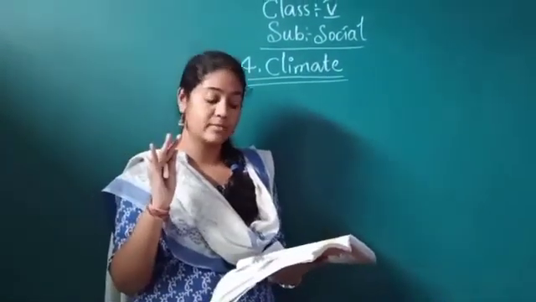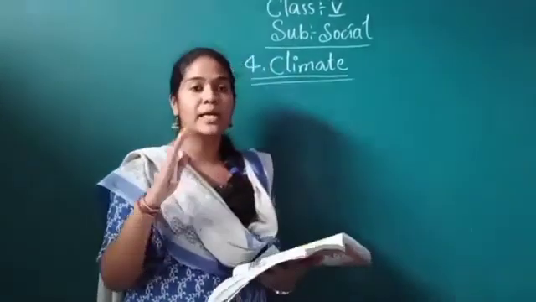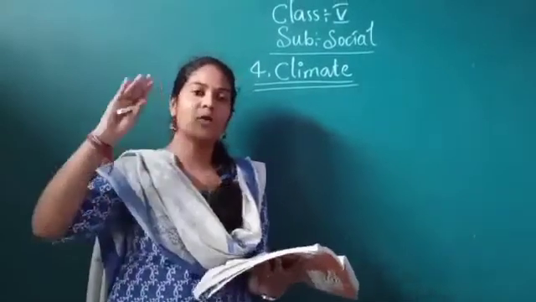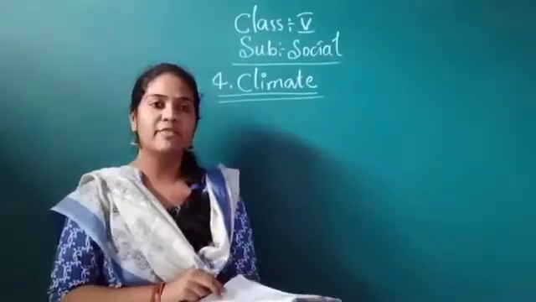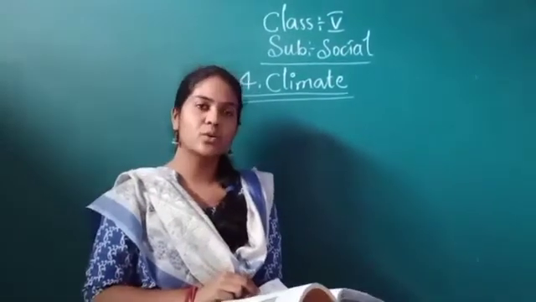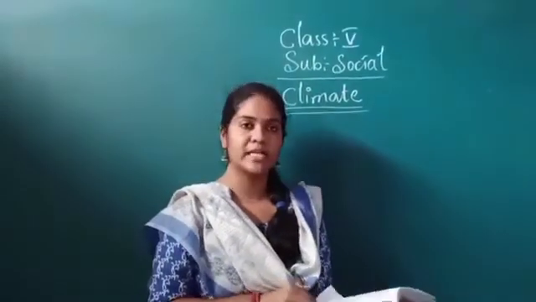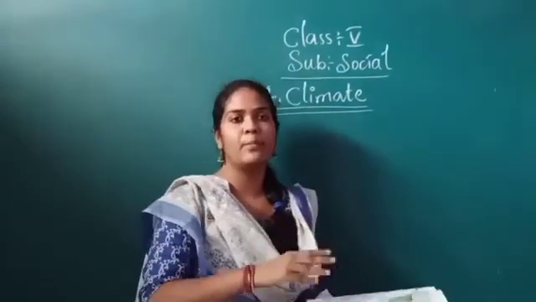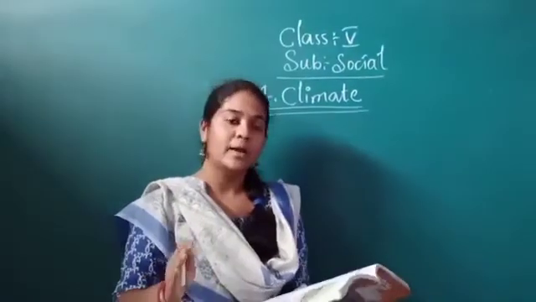We have how many temperate zones? Three zones we have. Depending on the equator, depending on the heat they are receiving, we divided into three zones. High above the sea level, the higher we go, the cooler it will be. Distance from the sea we also completed. Winds we completed. We have so many different types of winds: hot winds, cool winds, winds full of moisture, and also the monsoon winds. When these monsoon winds blow from the Bay of Bengal and Arabian Sea and enter into India, they will bring rainfall into our country.